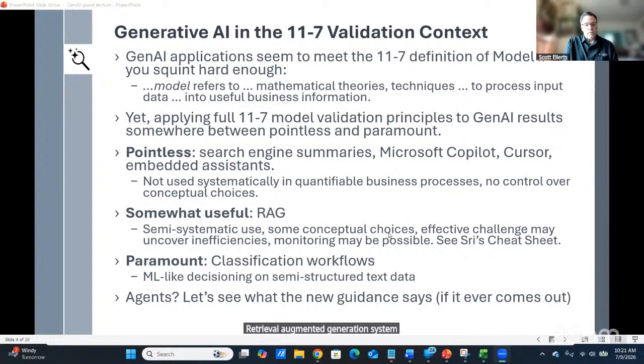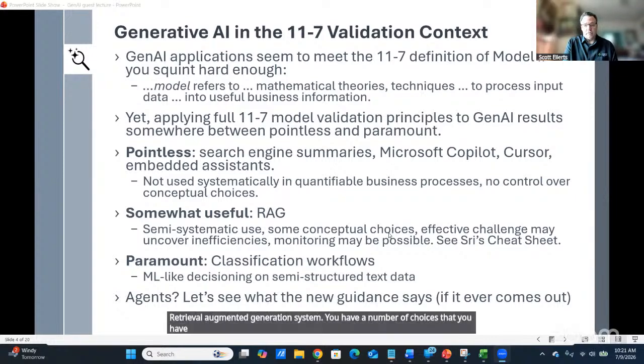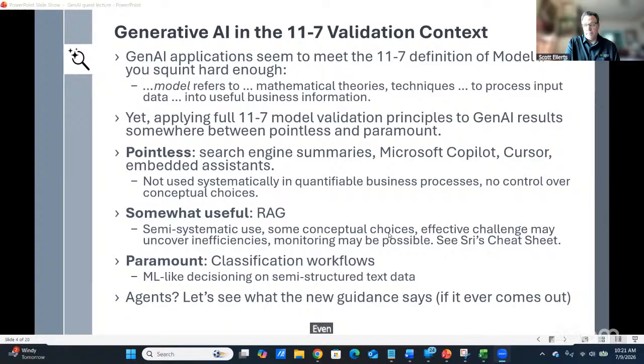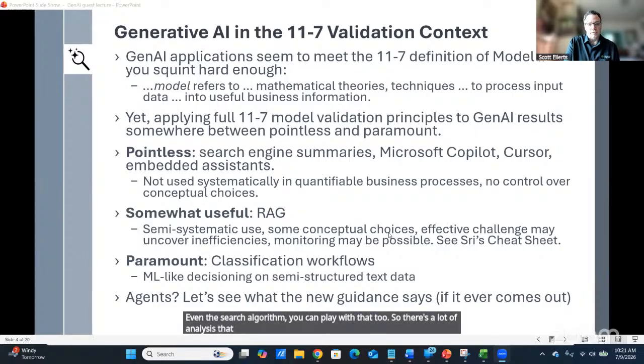You have a number of choices that you have to make. There are some things that you have to put together. And then from a validator standpoint, there is effective challenge that you can do, especially if it's all internal. You can build your own version. You can play with your own prompts. You can play with even the search algorithm. You can play with that too. So there's a lot of analysis that you can perform when it comes to retrieval augmented generation.